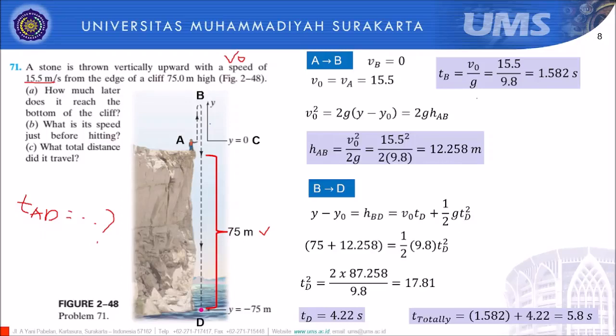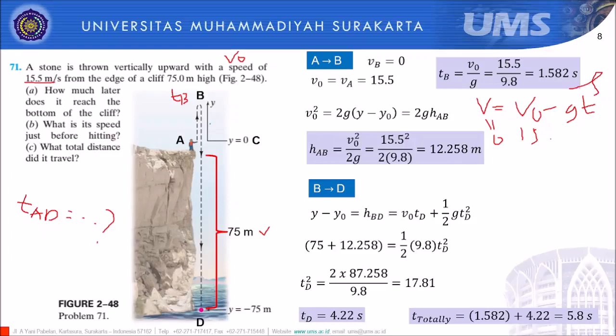V0 minus gt, right? Here v is 0, V0 is 15.5. So we can calculate the time as 1.58. This is t_AB. Time to reach the maximum point, 1.58. And then from B to D, this is